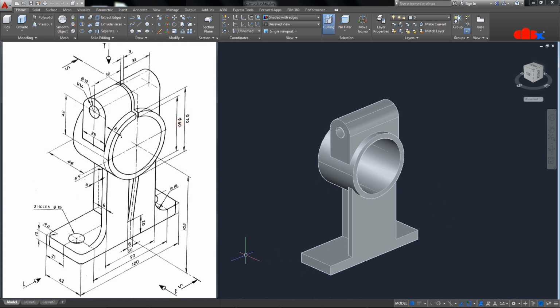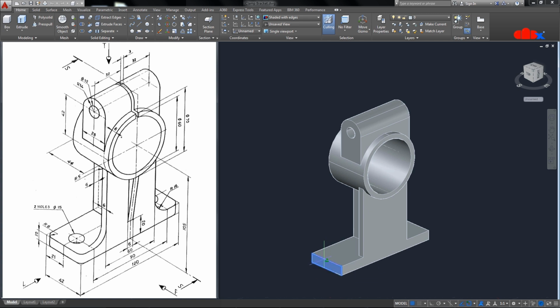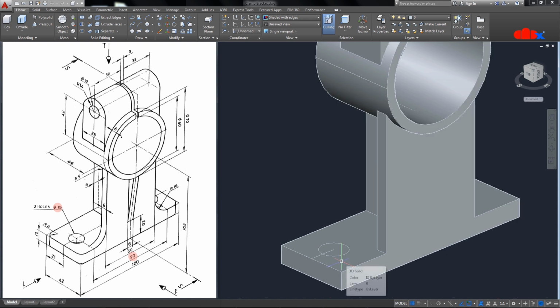Now the next feature is this cutout, and for this first I'll go with line onto this surface. From here, this side, press F8. The length is 15 after calculation. Now here I will draw a circle with dia 15. D enter, 1, 5, enter. I will use press pull